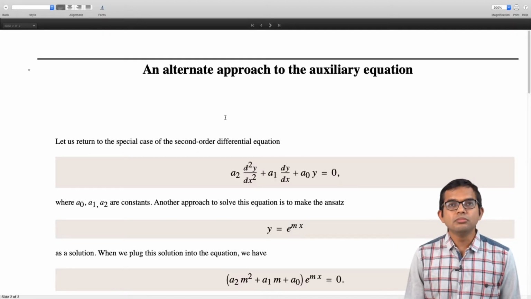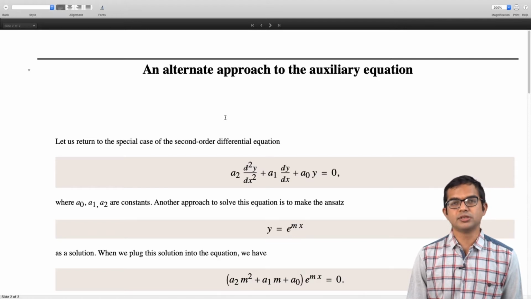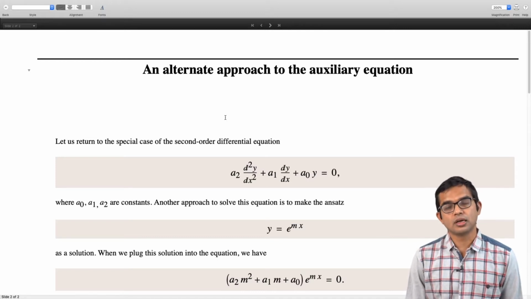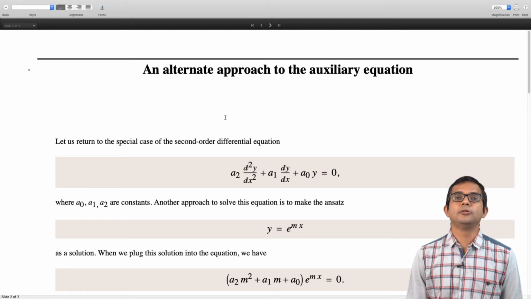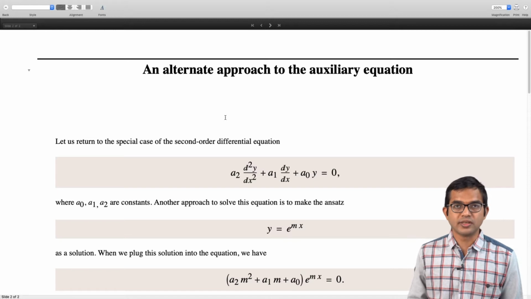Okay, so the differential equation of interest is a2 d squared y by dx squared plus a1 dy by dx plus a naught y is equal to 0, right? So we said you write it as this differential operator. Manipulate these D's as if they are regular variables, and then write it as a quadratic expression, whose roots we find, and depending on the roots of the corresponding quadratic equation, we were able to write down the solution, right? So where does this auxiliary equation come from?